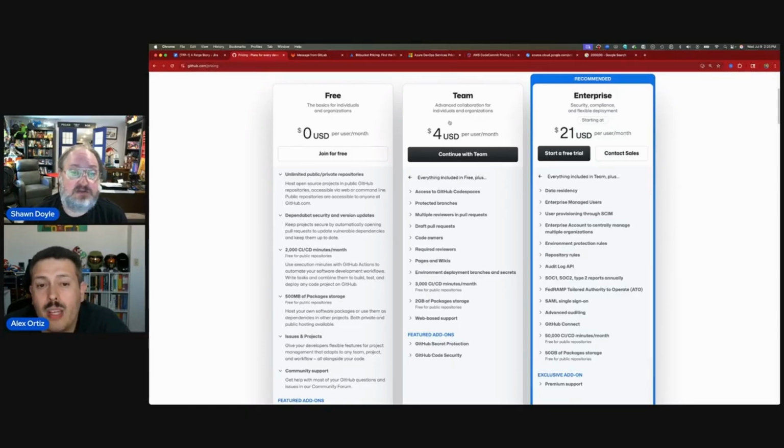Yeah. So it's important to note that at $4 per user per month, which I think is affordable, and we're going to compare that with other tools,